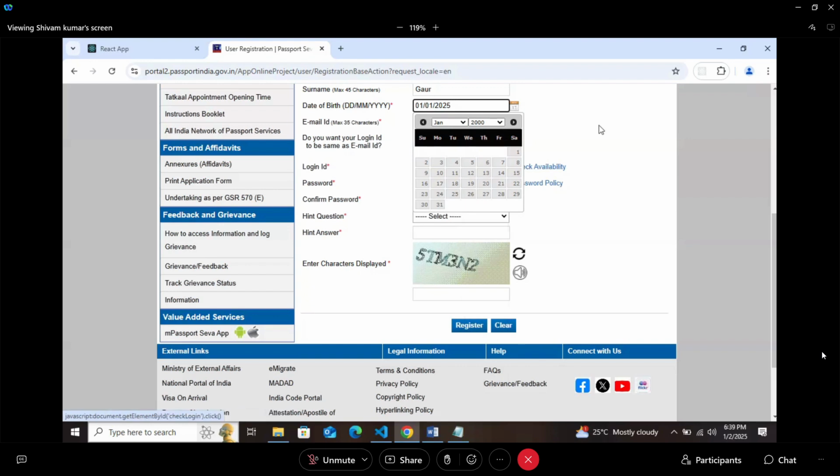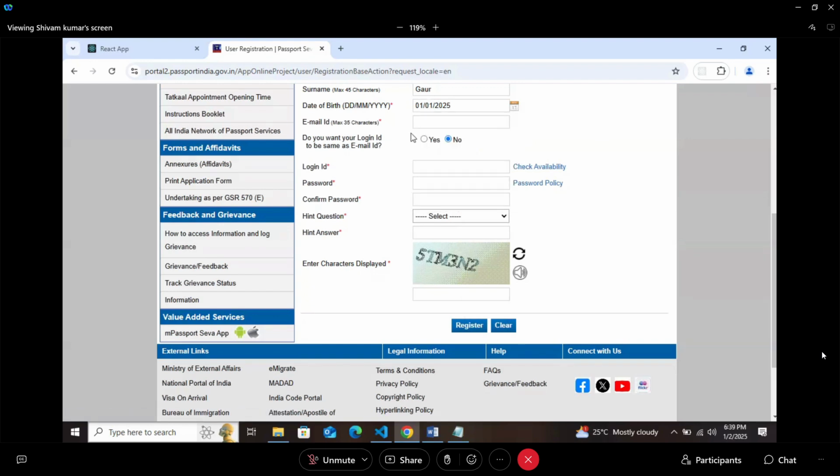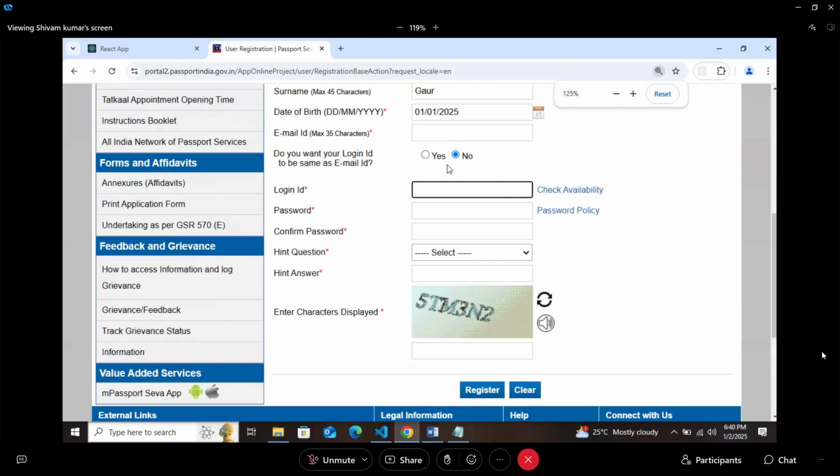Okay, done. Do you want a login ID? Same, yes. Now here you give a login ID. What is your login ID? See, everything is in front of you. Tell me what is the login ID here. Date not changed, no problem. Deepak was just born yesterday only.